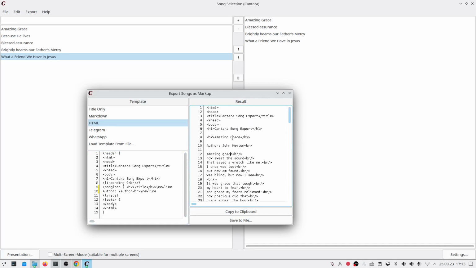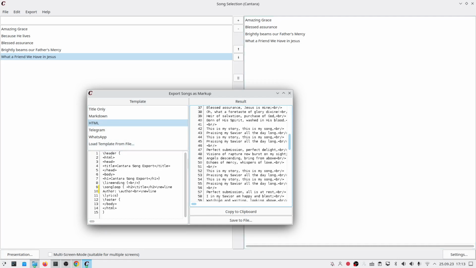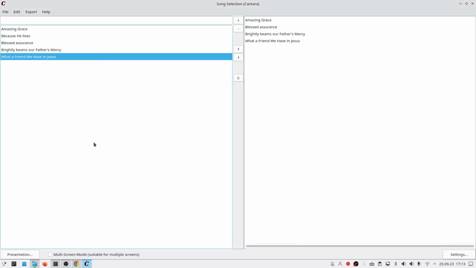For example, if you make a church service and you want the church audience to read the lyrics on their phone, you could use this method, design it according to your needs, save it in a file, then load it here, and Cantara will compile it to the result, which you see there. So that's also an option which you could use. Okay, so